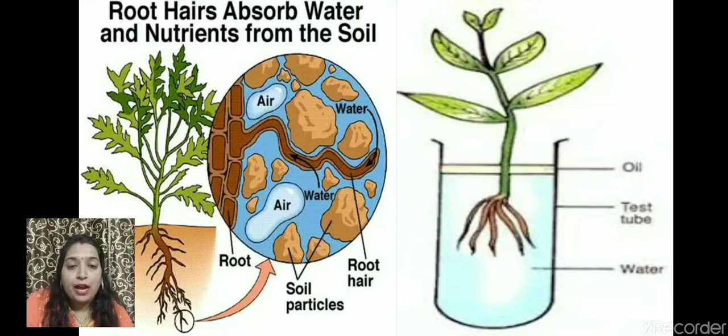Now I told you that roots help a plant to be fixed firmly in the soil. So you can also prove that with the help of an activity. For that, children, you will need a few things. What things will be required? Take an ice cream cup. Take some seeds of a plant, like chana seeds, then some soil and some water.